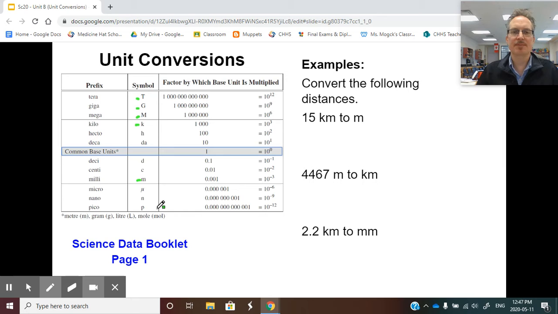all those units we've used before. Okay, now one of the things we have to realize is when we're going to convert using this chart, anytime we're going to go down this table, so let's pretend we're going to change from kilometers down to meters, we are going to ideally multiply. And anytime we move up the chart, for instance, from millimeters up to meters, we are going to divide